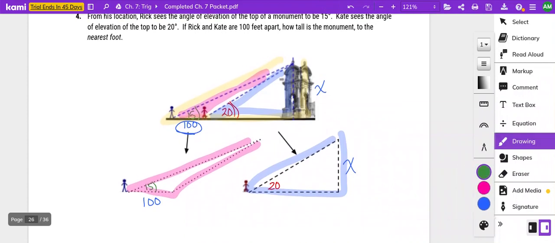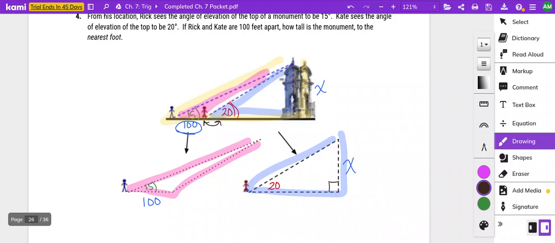So in order to do this question, we're going to need to do something first, because right now there's nothing I can do. In this triangle over here on the right, I can't do a whole lot. I know that I have a right angle, and I know that this side is X, but that's all I know. I don't know any other sides. In the pink triangle, I only know that one side is 100 and the other side is 15. So the first thing that I have to do when this happens is I have to find its,